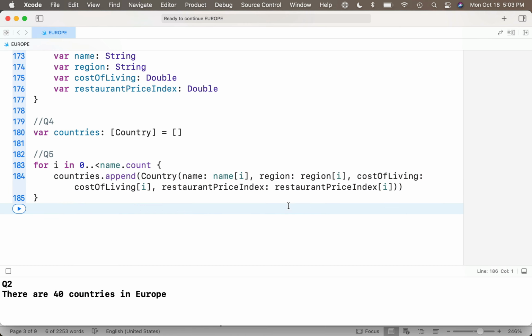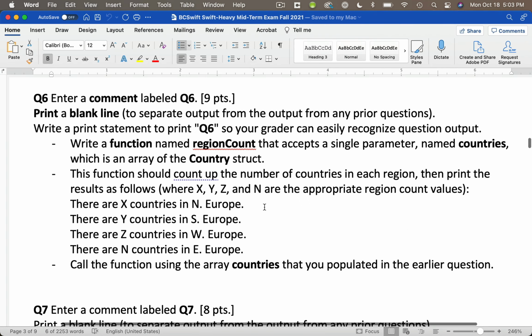Then remember, you can pause if you need to read this more thoroughly, but for question 6, we're going to create a function named regionCount. It should accept a single parameter named countries, which is an array of the Country struct. And then what we should do is count up the countries in each of the 4 regions and print out there are X countries in Northern Europe, Y countries in Southern Europe, Z countries in Western Europe, and N countries in Eastern Europe,